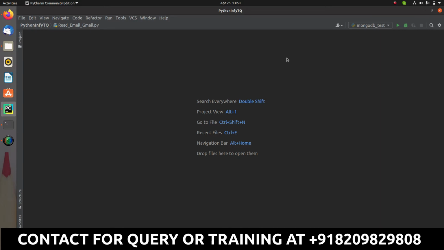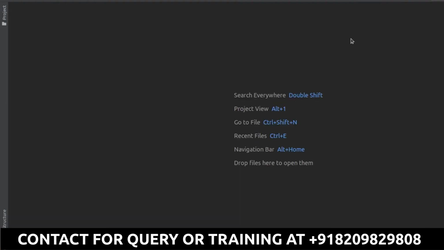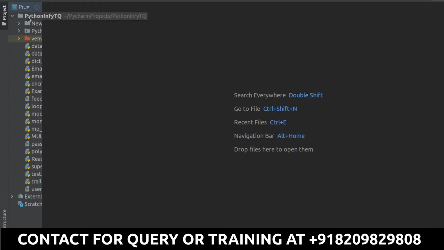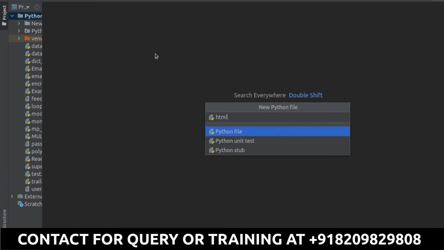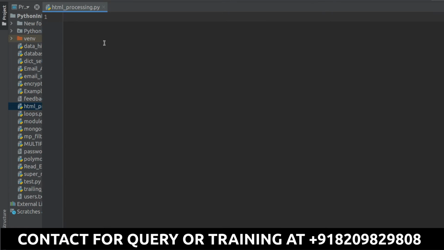To do that, the very important thing we have to do is install html2text, just because that is not built into Python. And we must know how to install that particular package. So let me show you how exactly we do that. First, let's create a new script. Let's say I'm giving it the name HTML processing, and over here